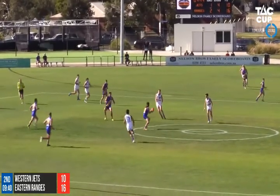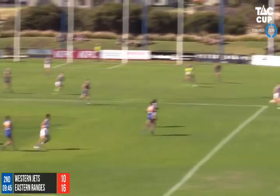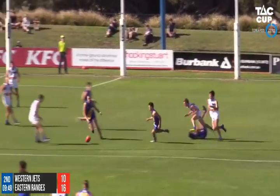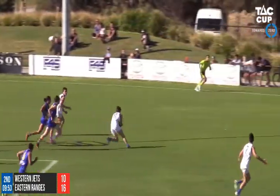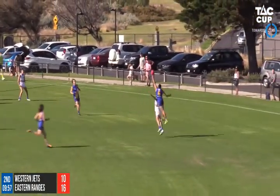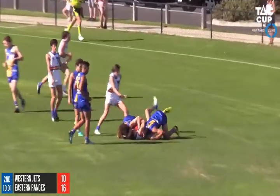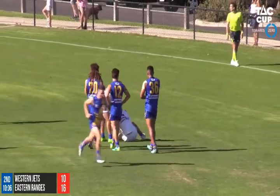Oh, the kick smothered. Kiriazis with the little handoff. He's got a runner out wide. Wide it goes. That kick from Papachatsakis. Inside half forward, but Easton should be able to clear here. Malice with the handoff. Over the back it goes. Good spoil. Close to a mark. Again, no, I think there was a fist on it, and the umpire saw that, and will ball it up